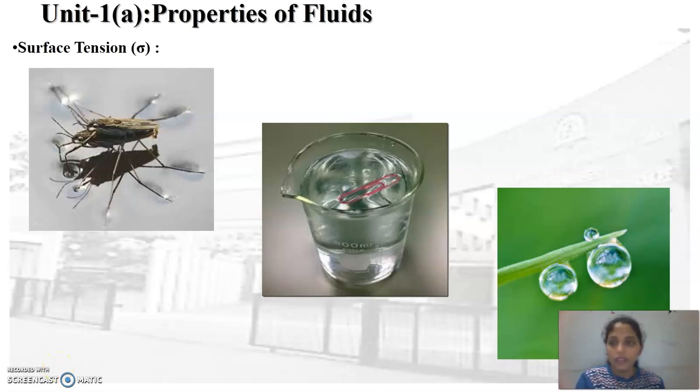If any insect is on the surface of the liquid, then when it pulls its leg from the liquid surface, up to some distance its leg is not lifted. It requires some force to lift that leg. This is because the tensile force is acting over that length, and therefore this is the best example